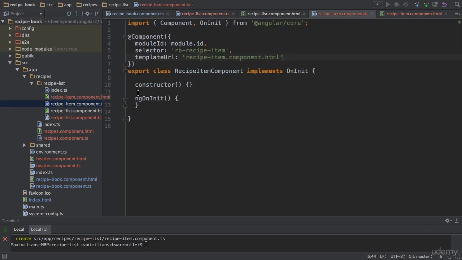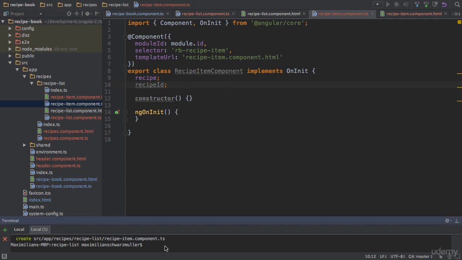In my recipe component body here, or in the TypeScript file, I'll add two new properties. The recipe property, which should be my recipe, and the recipe ID, which I will need later. Recipe, of course, will be the recipe I use throughout this application. And that is a great point to create a general class describing how such a recipe should look like in the first place. So before I continue here, I will create this class,